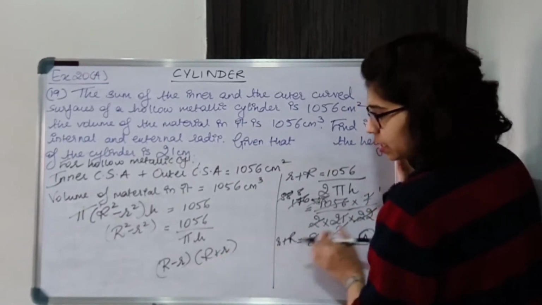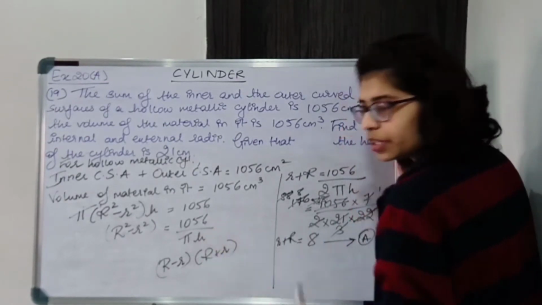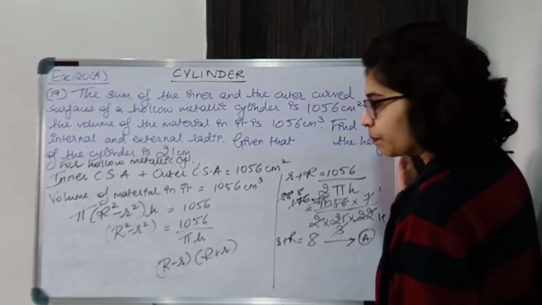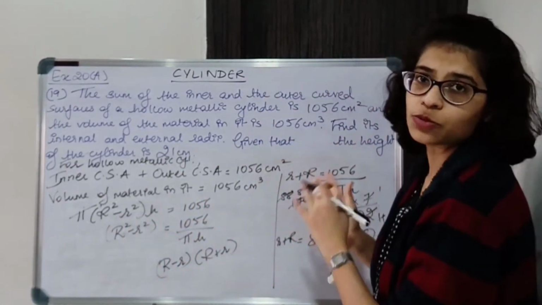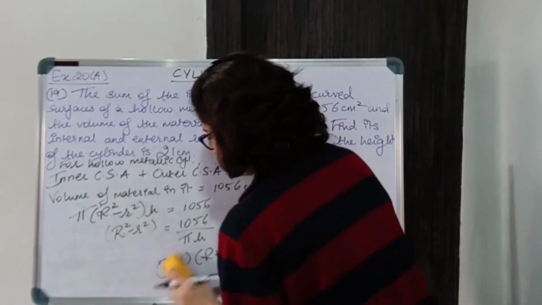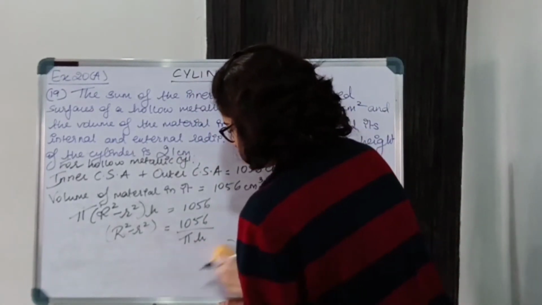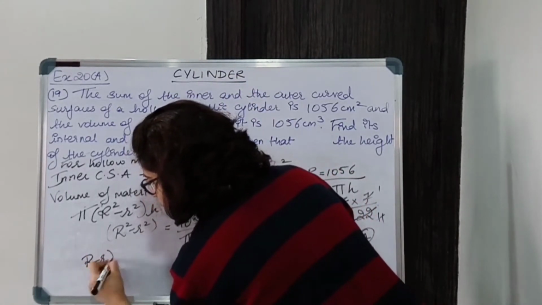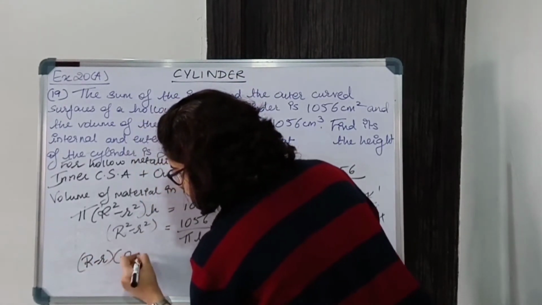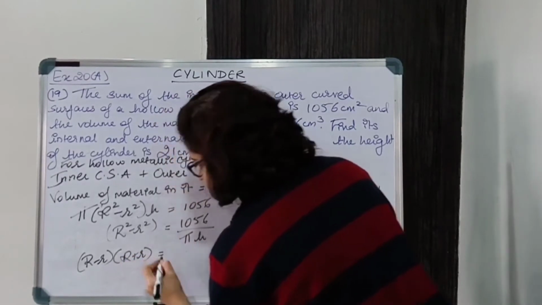I know R plus r is equal to 8. So I can substitute that over here. Okay. So that is why I am using the formula a square minus b square is equal to a minus b into a plus b. So substituting that, we get R minus r into R plus r equal to